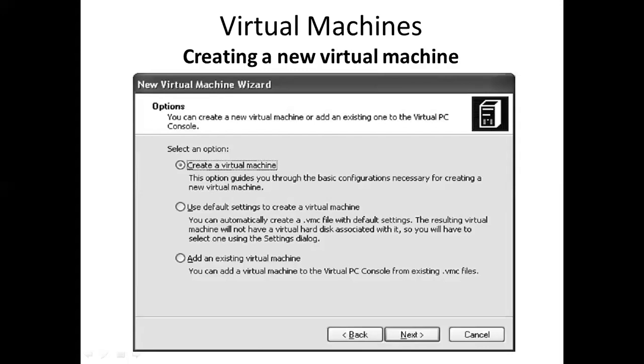So here you have, look at this figure, the new virtual machine wizard. If you go to the home page, there is a button which says that you can add an existing one. If you've already installed one, you can add that to the current virtual machine. If you're creating a new one, these are the steps. So you need to select the default steps.